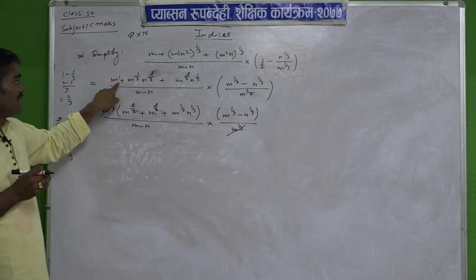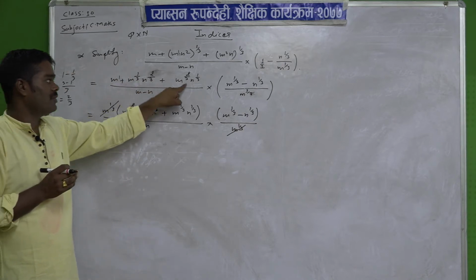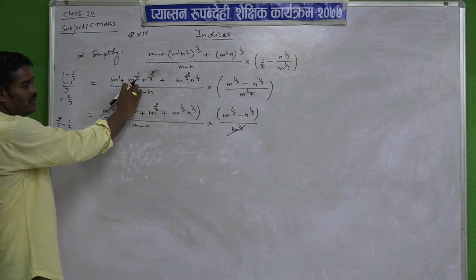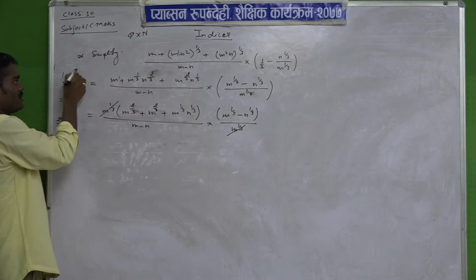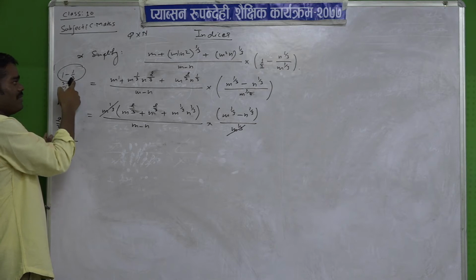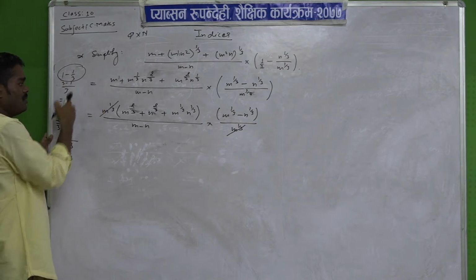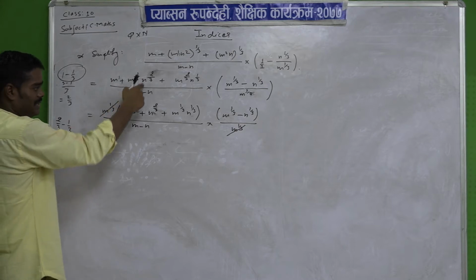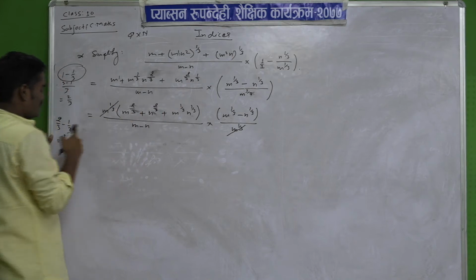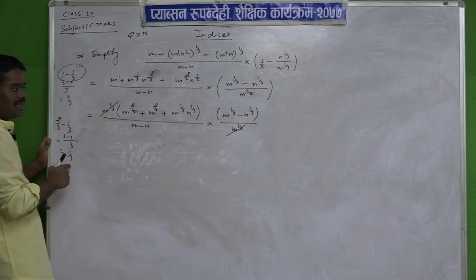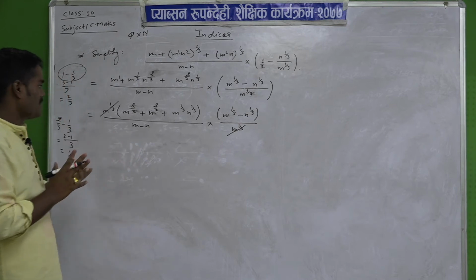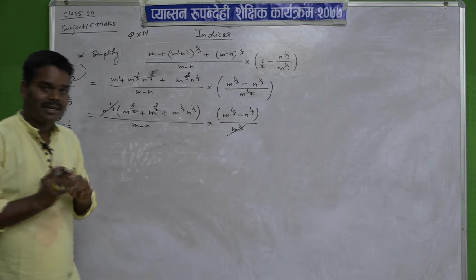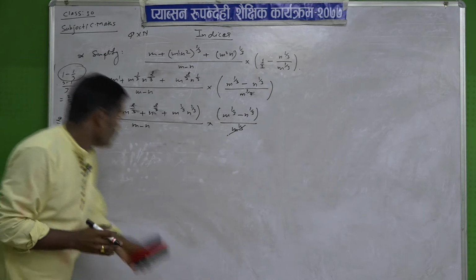So, here m power 1 is here, m power 1 by 3 is here, m power 2 by 3 is here. So, we have taken the lowest power, what is it? 1 by 3. So, 1 by 3 we have taken the common. So, how much left here? You have to deduct in power like this, 1 minus 1 by 3, here power is 1. So, 1 minus 1 by 3, how much left? 2 by 3. So, we have written here m power 2 by 3, and this totally we have gone here, remain this one and here 2 by 3. So, 2 by 3 minus 1 by 3 means what? 1 by 3 is left here, like this you have to do. And then we are watching that this and this are the common. So, we have to cancel them. Any confusion? I think no confusion.